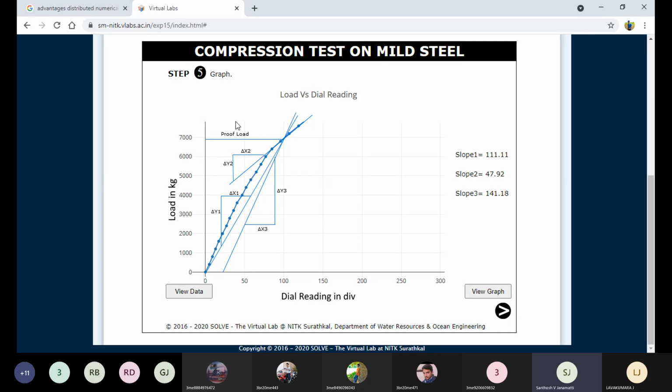Then we can calculate this, which is the proof stress. See, this is the proof stress. Because this material will not show a yield point, we need to apply this. Right, but we follow some institute standards, because we need to take some strain values which are recognized by the ASTM standards as well as the Indian standards.